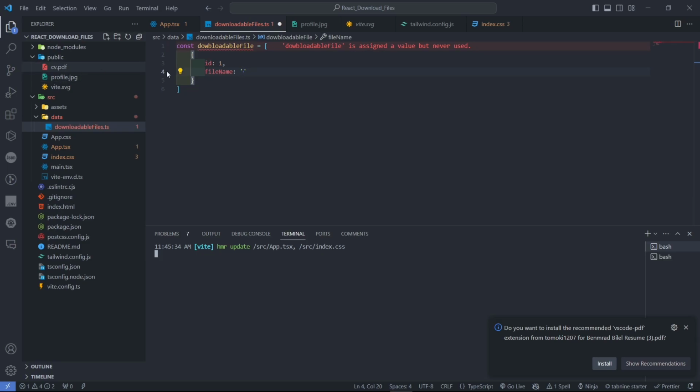Okay, the name of the file, so cv.pdf. Okay, and two other files, the ID is gonna be 2. I'm hard coding them. Okay, so profile dot, not profile, this is CV, and this is profile.jpg. Okay, and this one is gonna be the vite.svg. Also each file contain